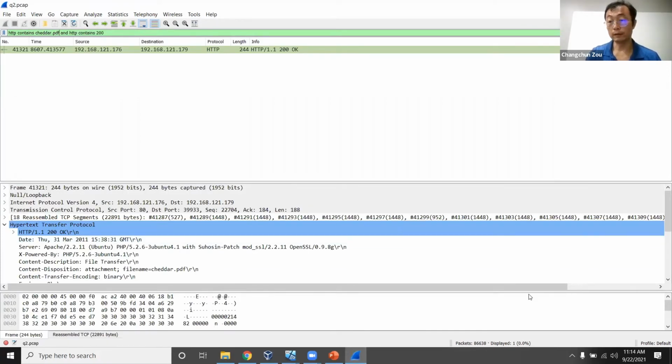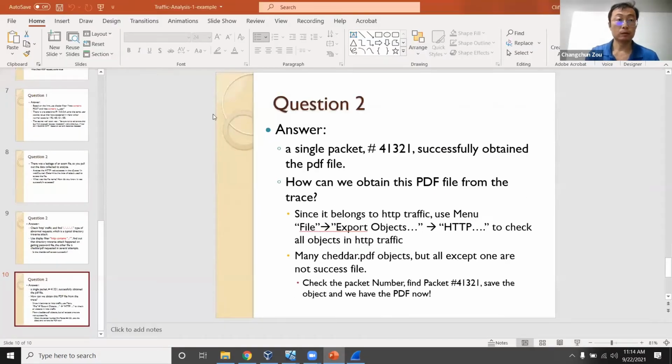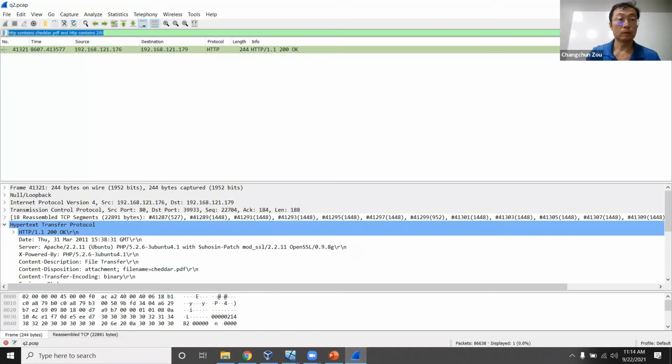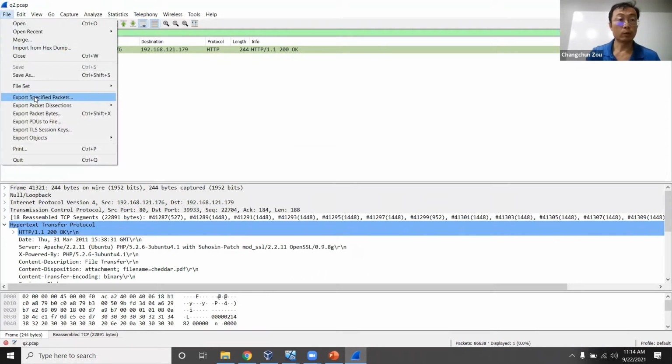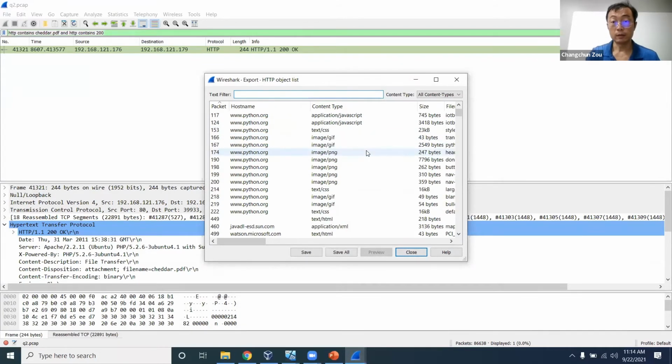So now we have found the answer: the attacker successfully got this PDF file. And how do we obtain this PDF file from the trace? Since it belongs to HTTP, we can use the HTTP export object feature to check all the objects in the HTTP traffic. We can use Export Object HTTP. We can see all the objects from the